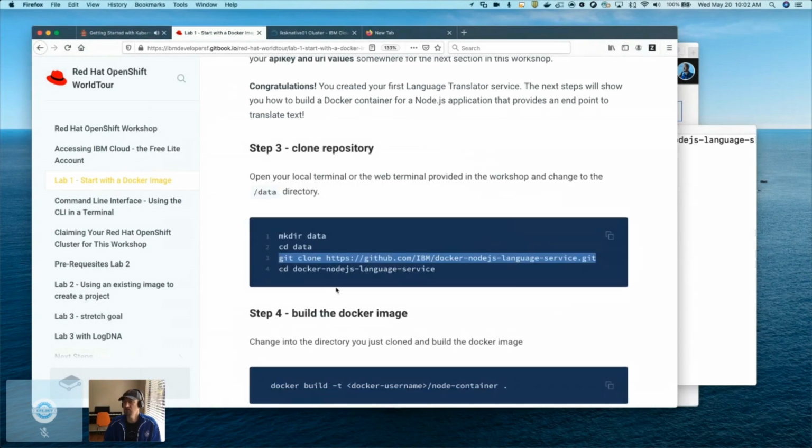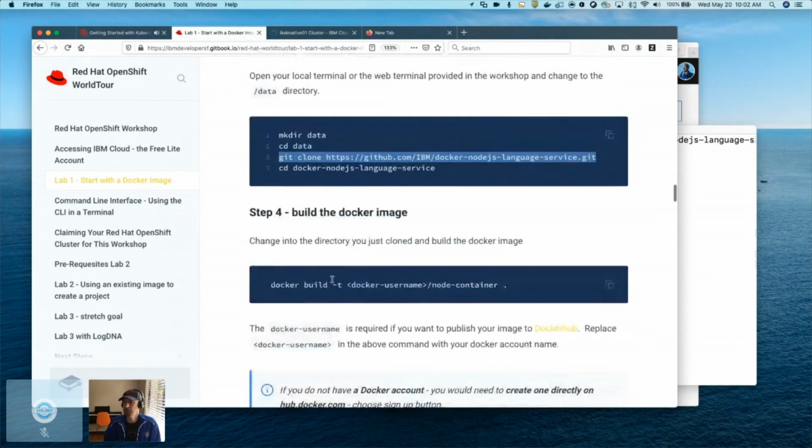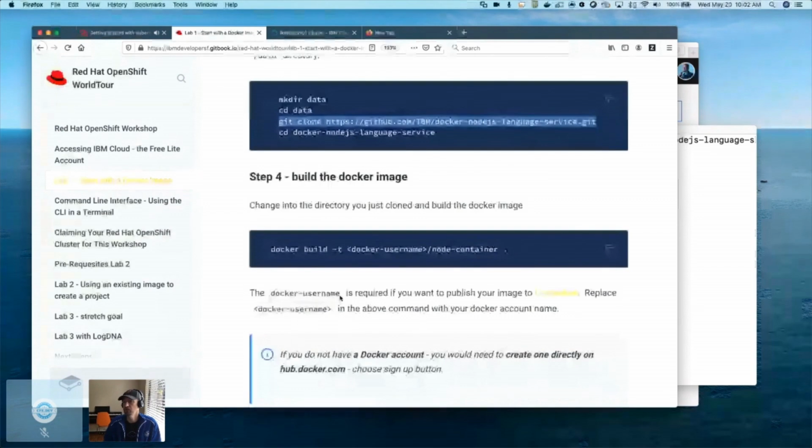So we did cd into this step, and we are going to build our Docker file. Using the Docker file, we are going to build an image. And we will need this Docker username. So just to give you a heads up about this Docker Hub,